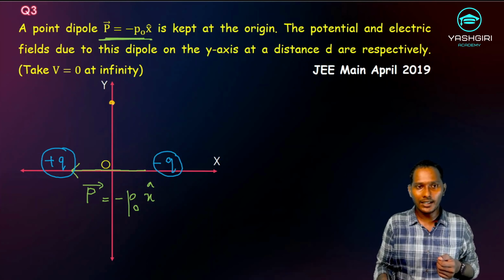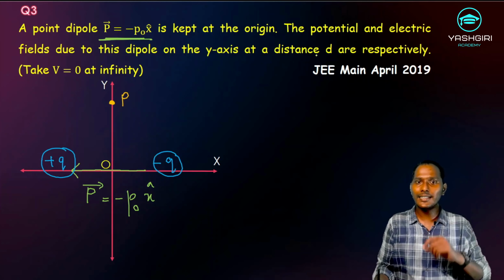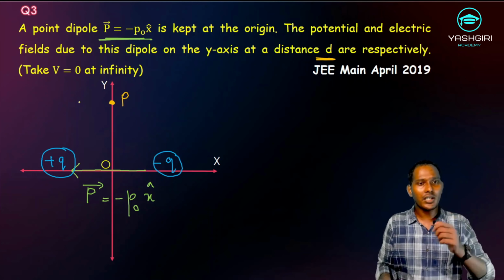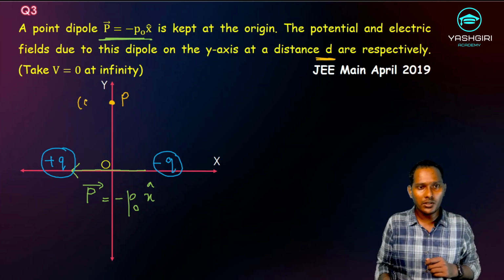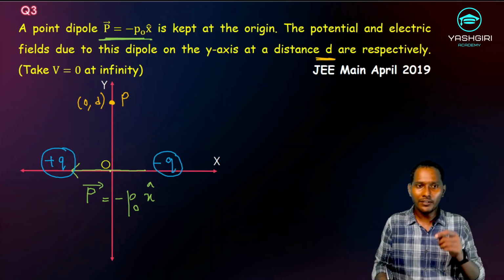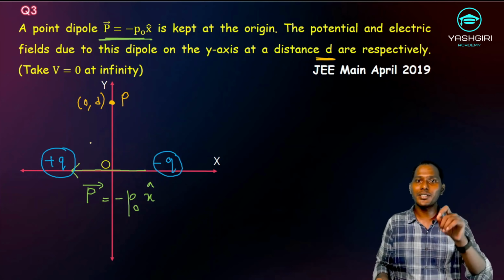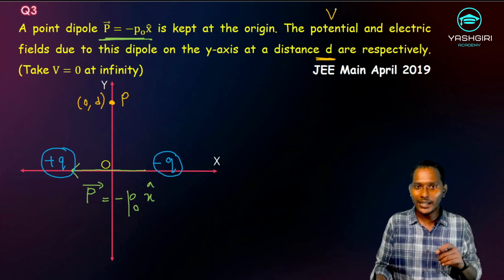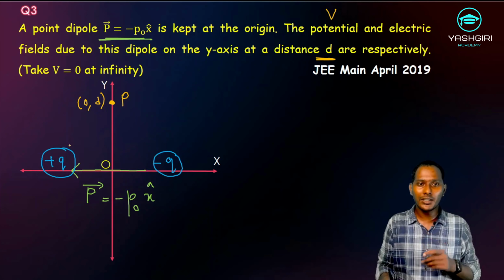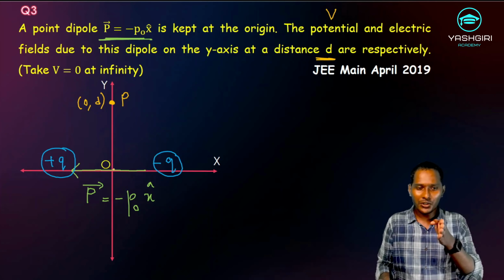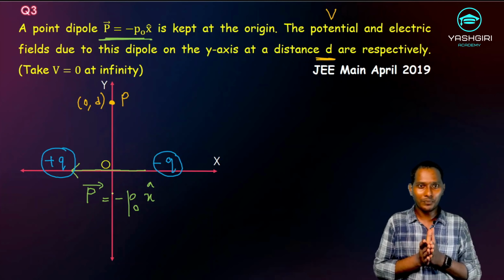Now, if I just consider one point on my y-axis, let us say this P is a point on my y-axis at a distance of some d, which I'll write in terms of coordinates as (0, d). So the point P is at a distance of d from the origin. Now, first of all, what will be the electric potential? The origin O I can consider to be the center of the electric dipole. The point P is on the equatorial line of an electric dipole,